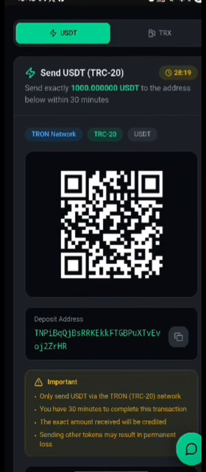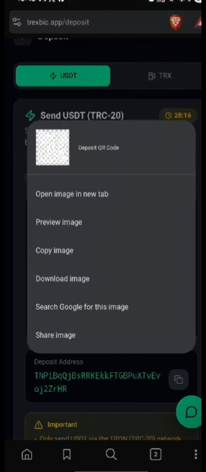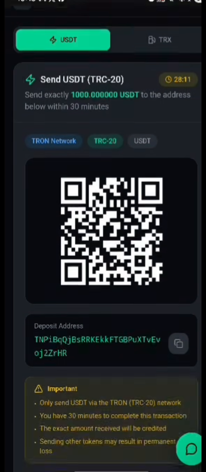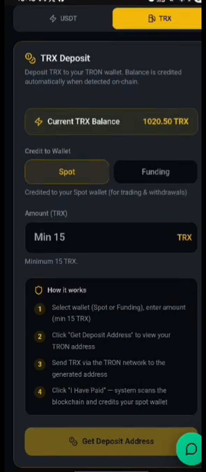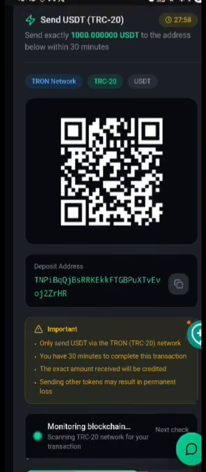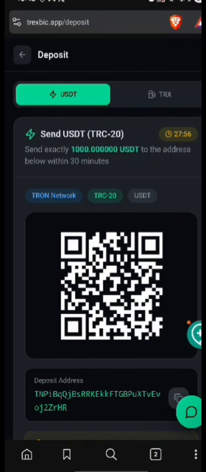You can see, guys, you can also deposit with a QR code. This is the QR code. You can also scan and deposit. And also, guys, you can also deposit TRX if you want. You can see I have 1020 TRX right now on my account. And also, guys, when you do that deposit like that, remember to be patient so that it can get credited slowly. Okay, so let's wait for it to be credited, and then we will go ahead and start trading to